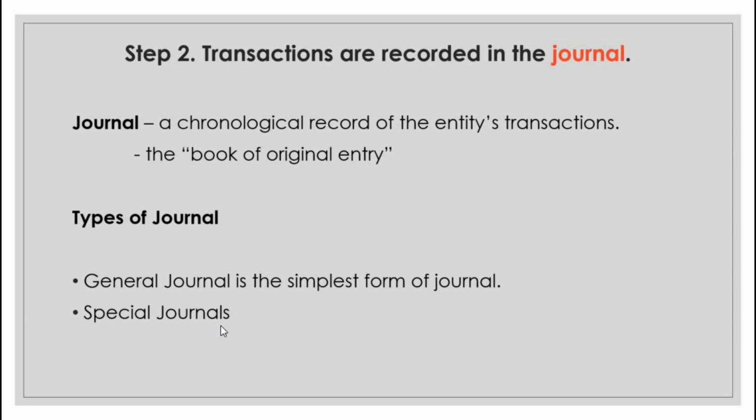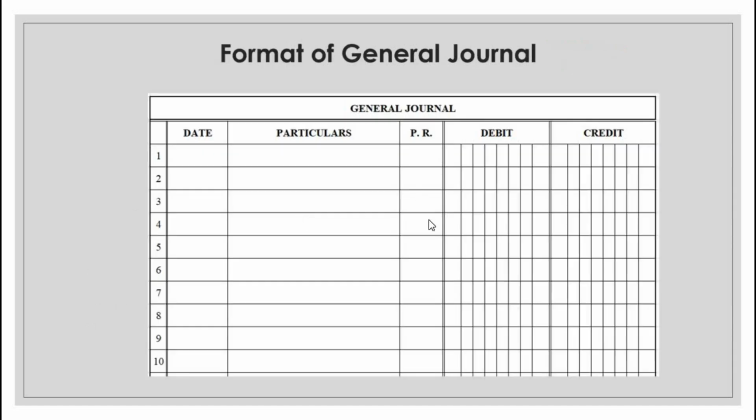The other one is special journals. So special journals, we will defer this and we will just discuss this when we reach merchandising concern. So again, for now, our focus is ito munang general journal. So this is the format na, the usual format of a general journal. So ano-ano ba yung mga parts ng isang general journal? So first,